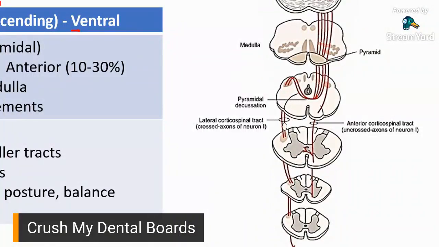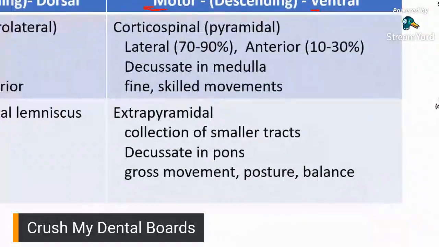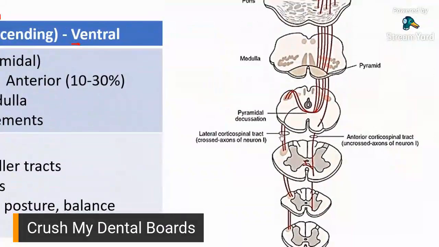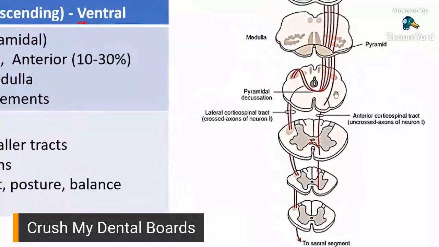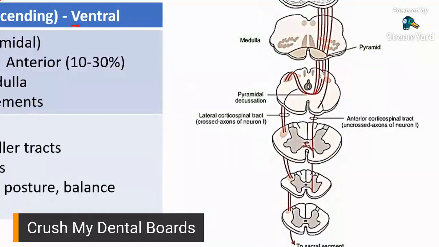Okay? And then it descends. Pababa. So this is considered now your lateral corticospinal tract, and this is considered your anterior corticospinal tract. Now we said earlier that for the lateral, it's more, and then less on the anterior corticospinal tract. Okay? So ito lang yung, para lang magkaroon kayo ng picture kung ano ibig sabihin ng decussates at the pons, decussates in the medulla. So here, transfer to the other side. It crosses over to the other side.